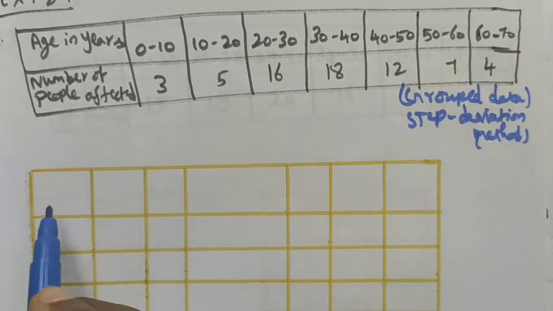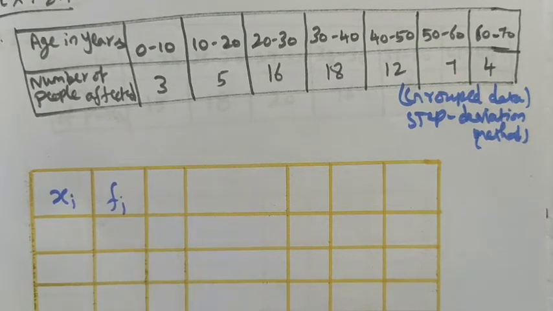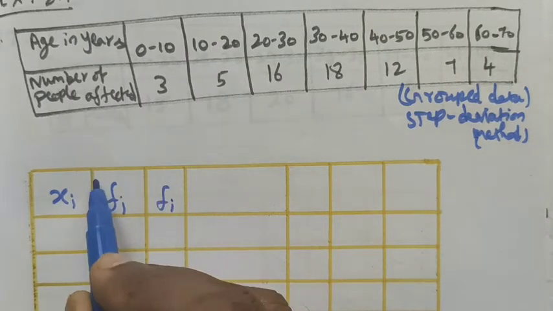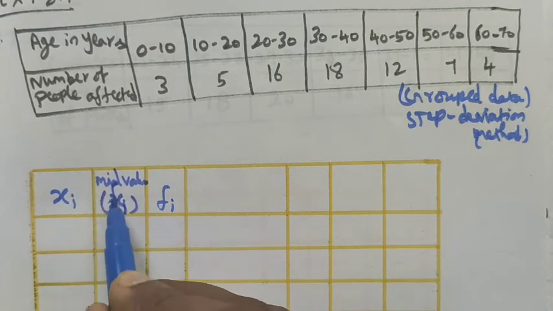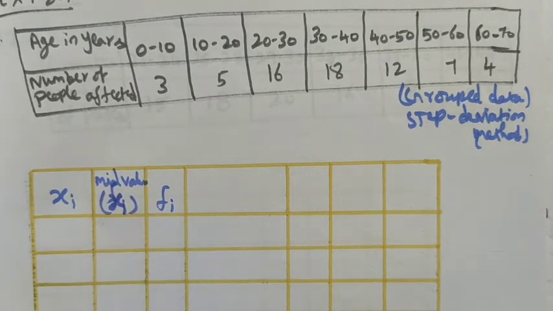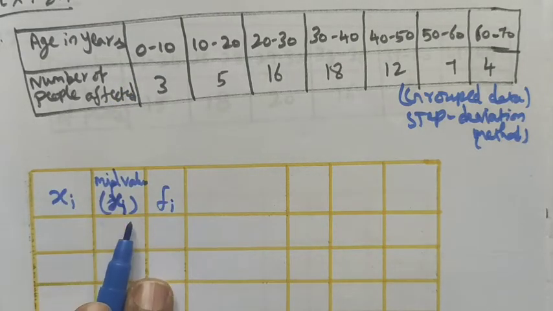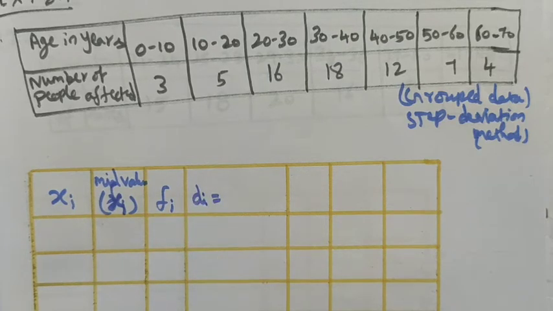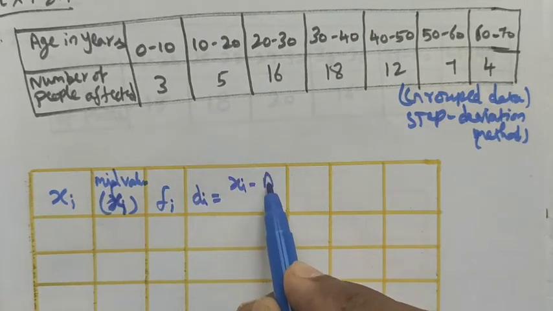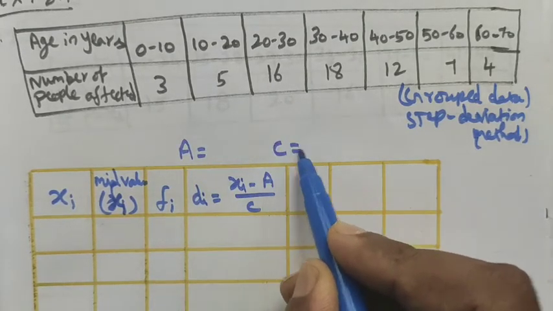First we enter the table. Here it is the given xi and then frequency fi, and then we take here the mid value or class interval xi or class mark. We can use different words, that is midpoint or mid value or class mark of this xi. The xi is given as 0 to 10, the class interval, so we want to convert it into a form. And then here the deviation for the step deviation method, the deviation is xi minus a divided by c. So we want to find what is our assumed value and what is the common divisor.